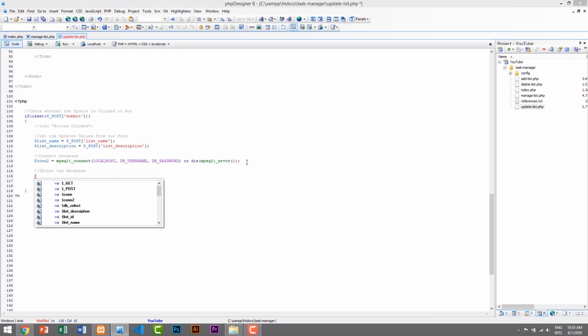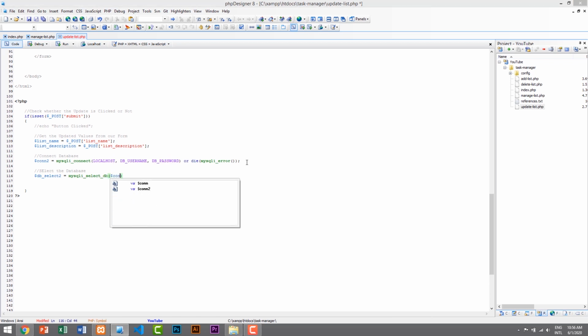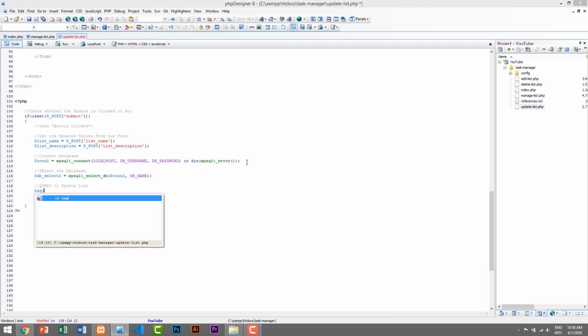Same as before, we will give the db_select as 2, and we will select the database using mysqli_select_db, and then here we need to pass the database connection, and this is connection2, and here we will pass db_name. And another thing is our SQL query to update the list. So $sql, this will also be sql2, is equal to